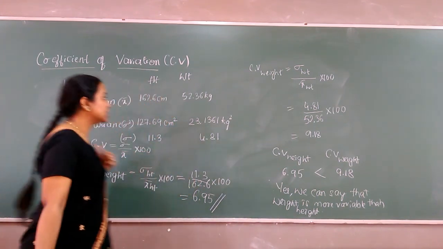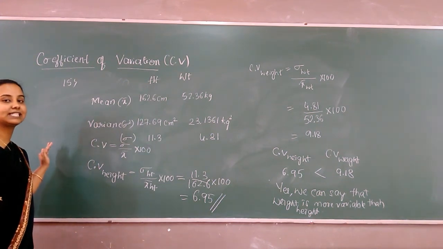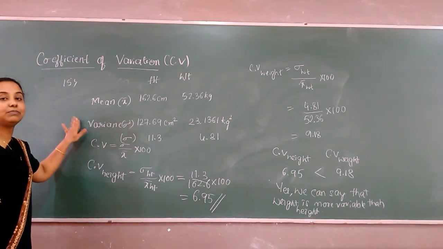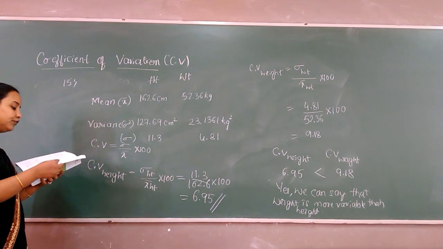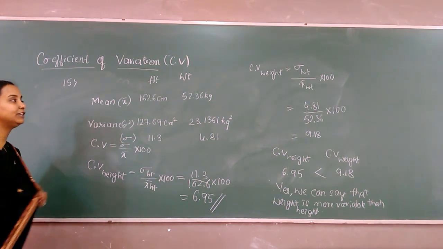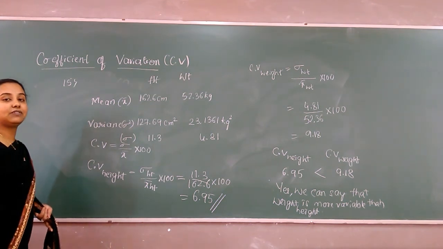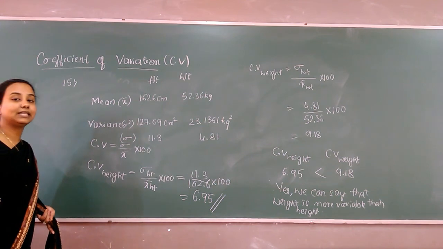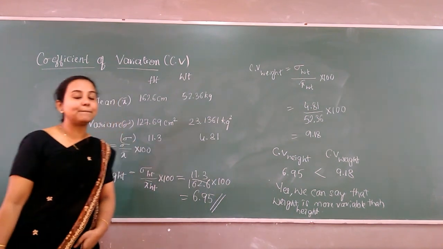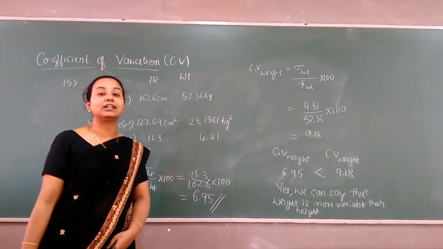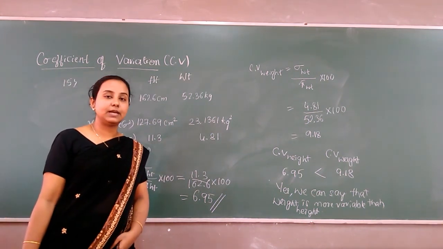I hope everyone has understood now how to compare the given data. First case, when the means are same. Second case, when the means are not same. So this is all regarding your example 15. In examples 13, 14, 15, we have studied different ways of using the CV formula to compare the data. Which factor did we use to compare? We have used variability as a factor to compare, that is, we have compared which data is more variable.